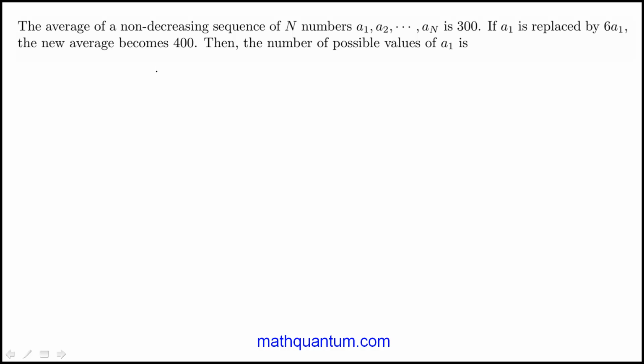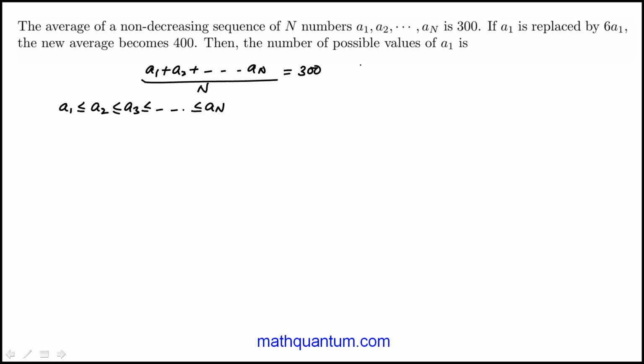So we're given that the average of this non-decreasing sequence, which means if we add these all up, divided by n is 300. And because it's non-decreasing, A2 has to be greater than or equal to A1. They can be equal. They just can't decrease. So that's the condition. And so if we add these up, their sum